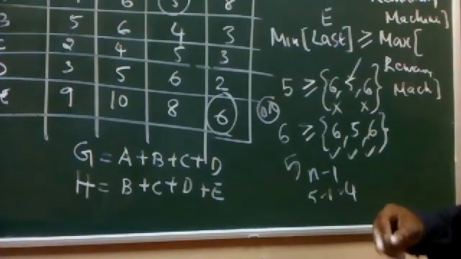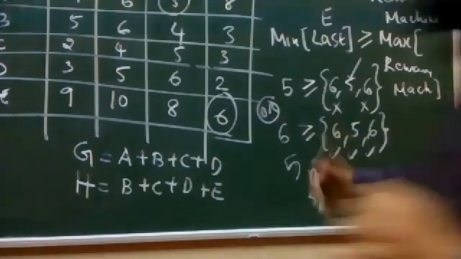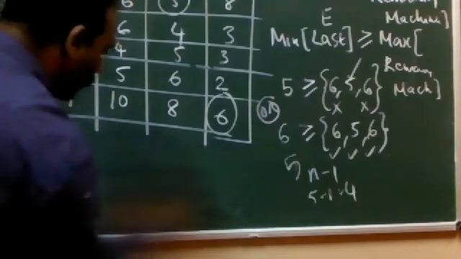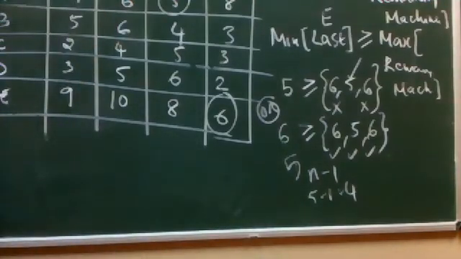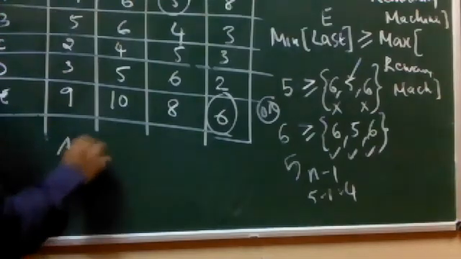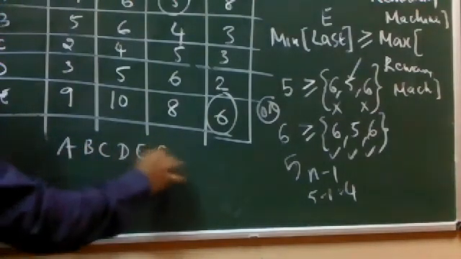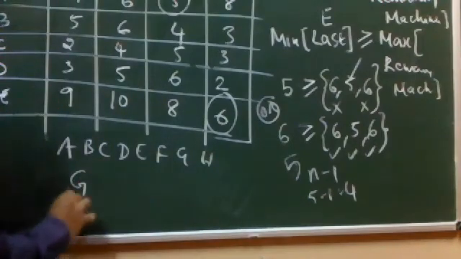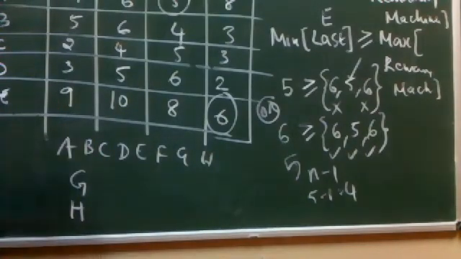Okay. Now I will ask you one question in continuation of it, just to understand how much you have understood correctly. Let us say there are totally, let's say, 8 machines. A, B, C, D, E, F, G, H, 3, 6, 8. Now can you please tell me what is the equation for G and H?